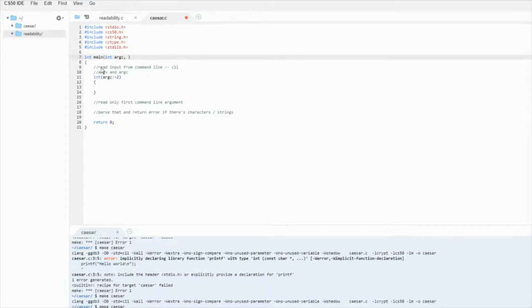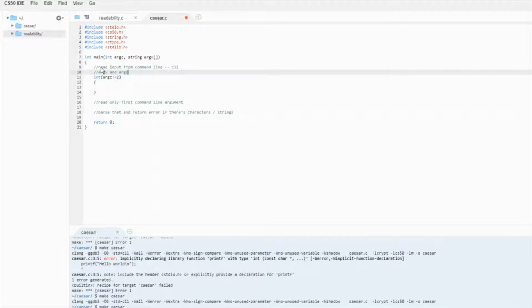So the argc is how many individual items are actually passed in through the command line. And then the argv is going to be an array of strings of what they're actually passing in. They go over this in the walkthrough, but if you ever see this in the program or outside world, that's what it means. I think that's pretty C specific.